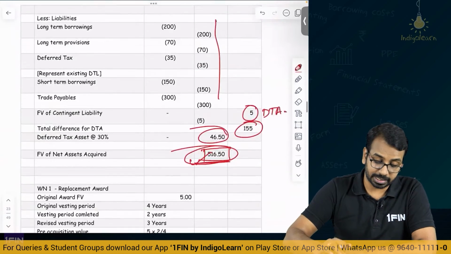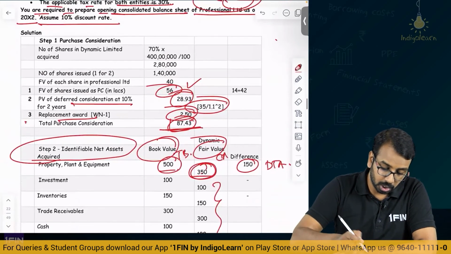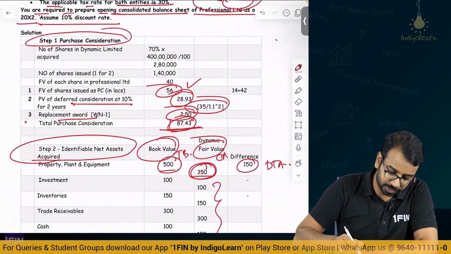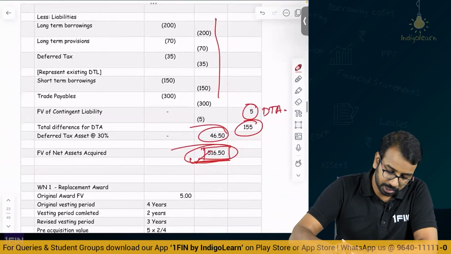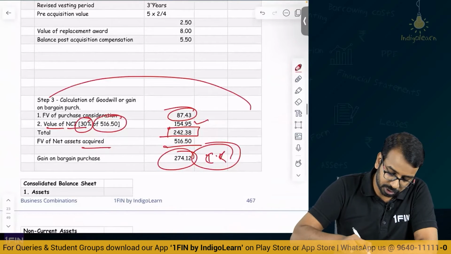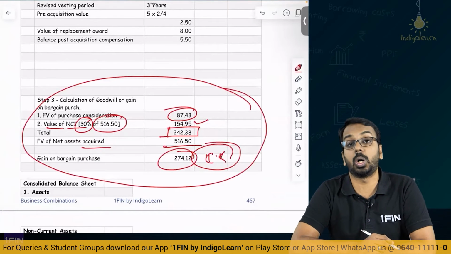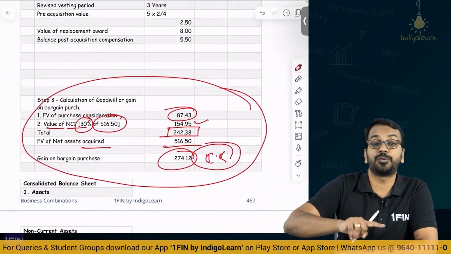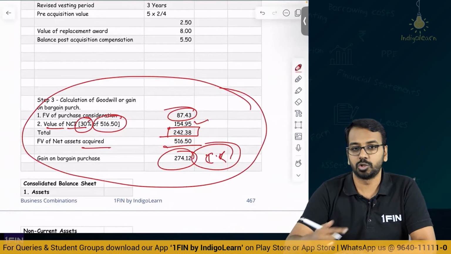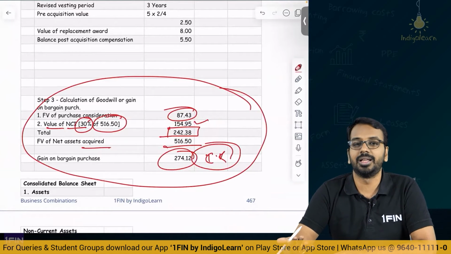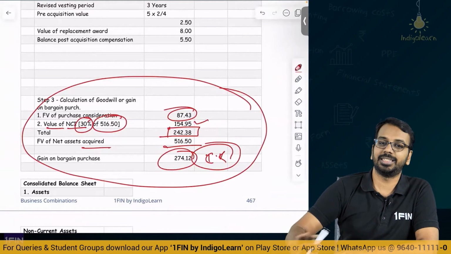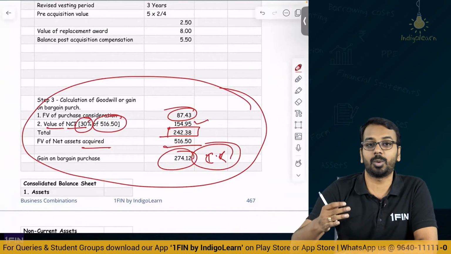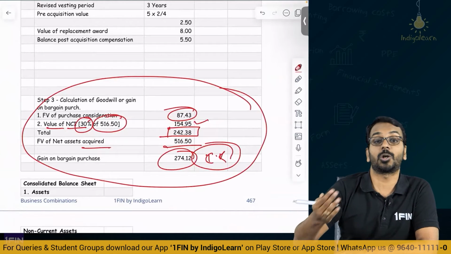Now one more thing I want you to understand is, all of these things that you are doing, purchase consideration, identifiable net asset, or what you are doing here in this calculation of goodwill, goodwill or capital reserve, all of these have to be adjusted in the balance sheet. So once you do these adjustments in the balance sheet, your balance sheet will automatically tally. There is no question or there is no doubt about why will the balance sheet match or not match.